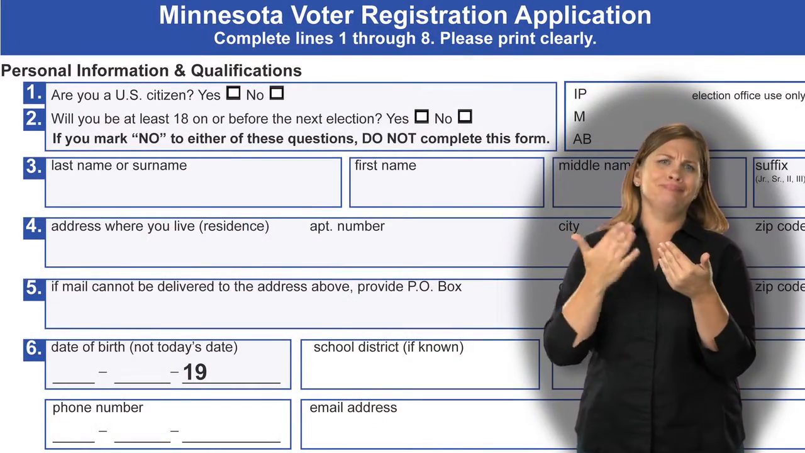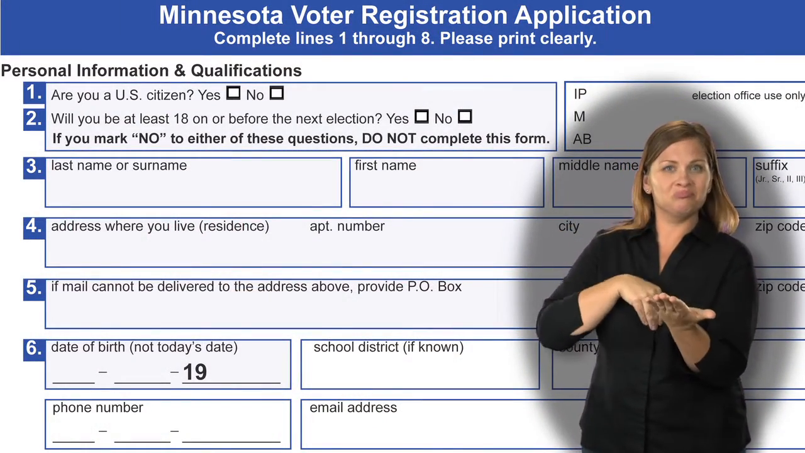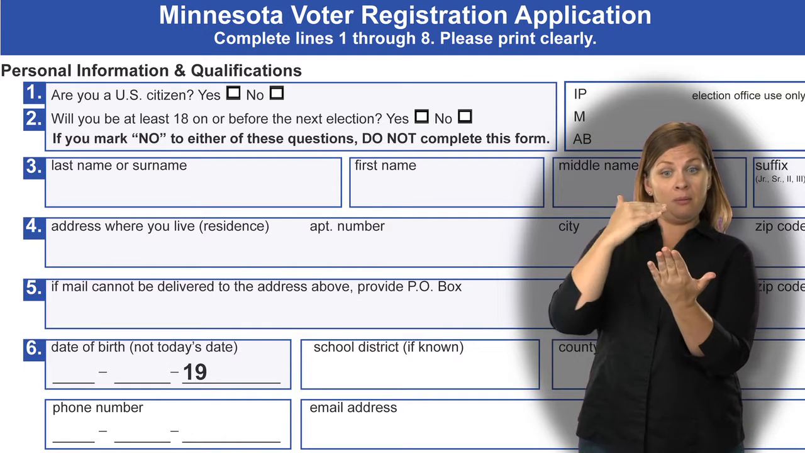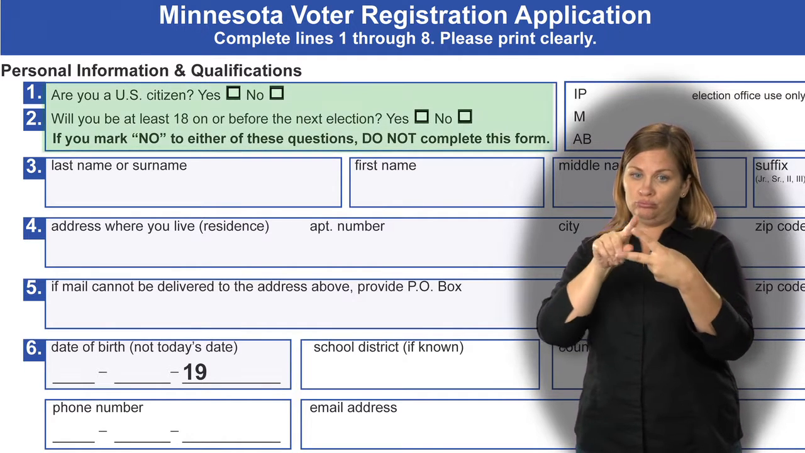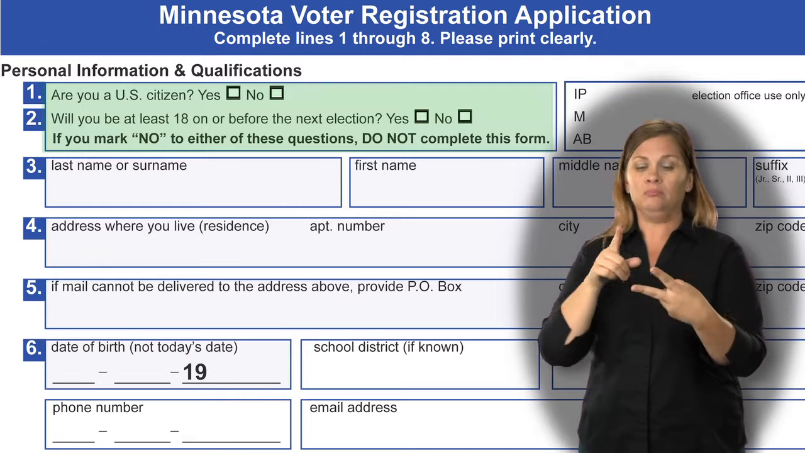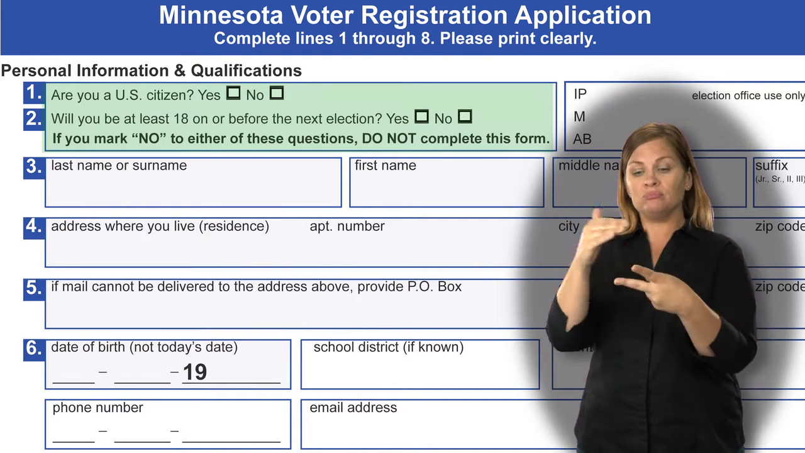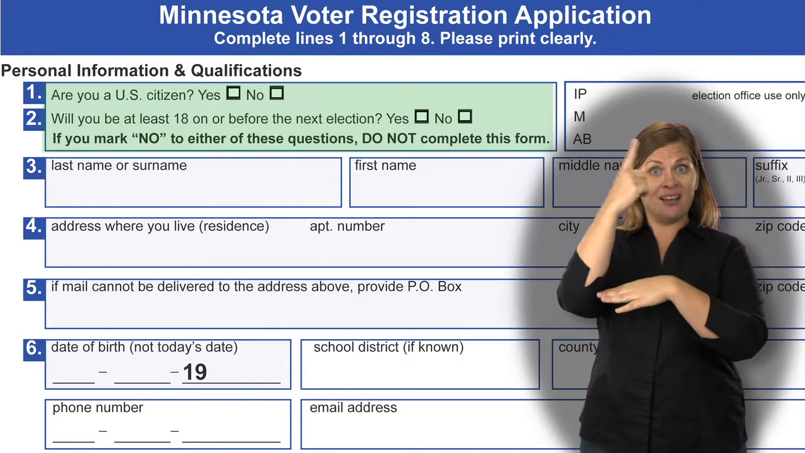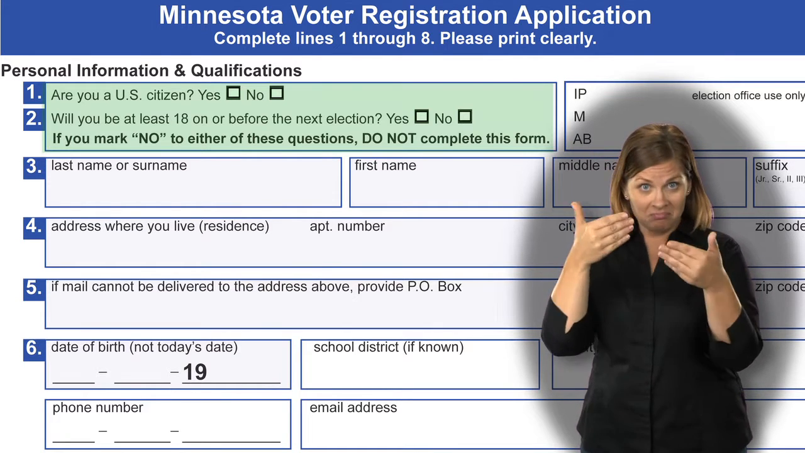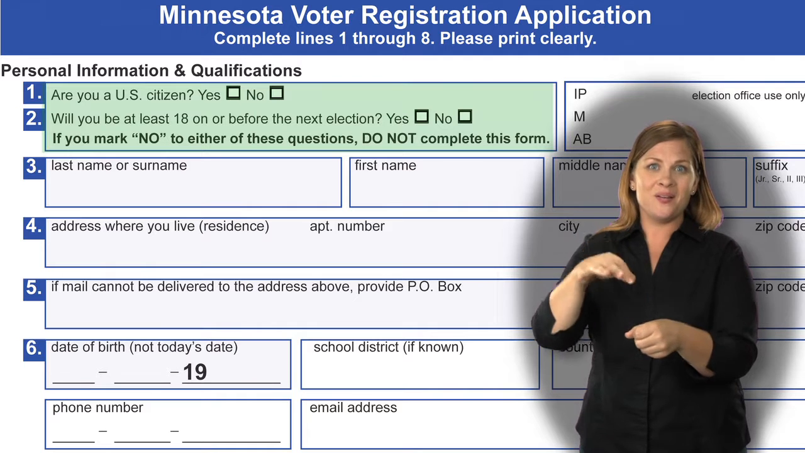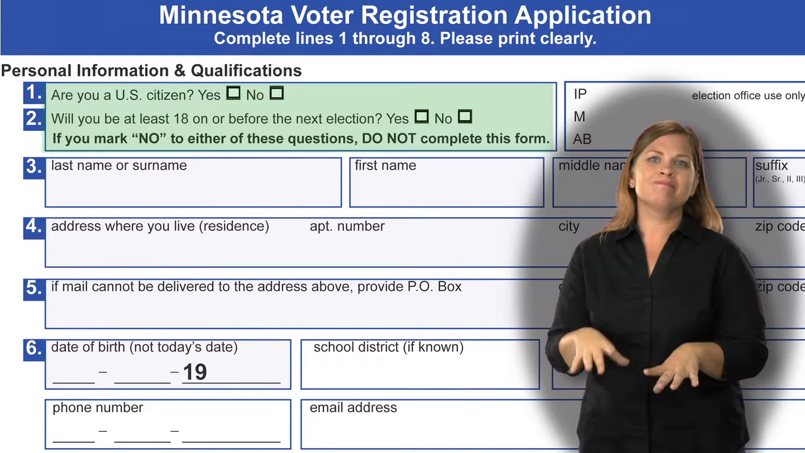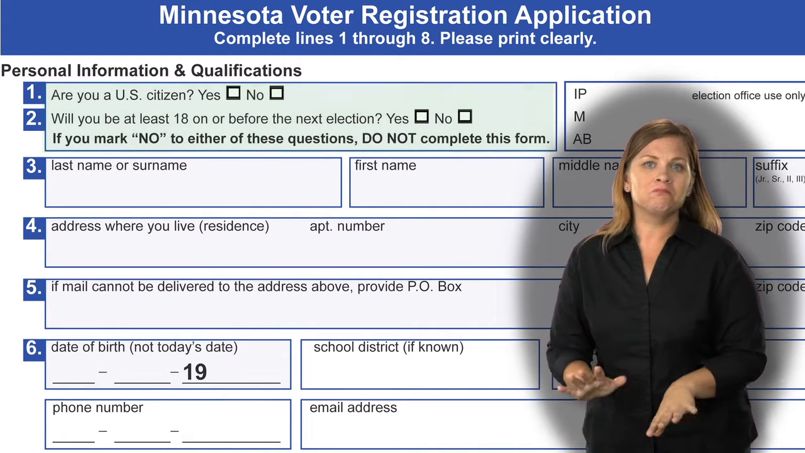First, fill out a Minnesota voter registration application, which is just one page. It has 3 parts. Part 1 is used to gather basic information. The first 2 questions on the application address your eligibility to vote, whether you are a U.S. citizen and 18 years or older. If you answer no to either question, you aren't eligible to vote in Minnesota and you don't need to complete